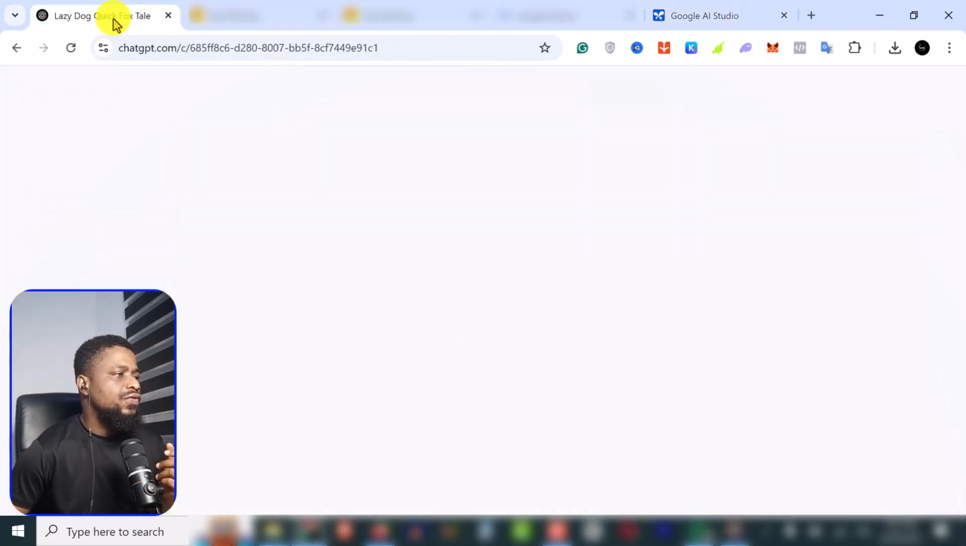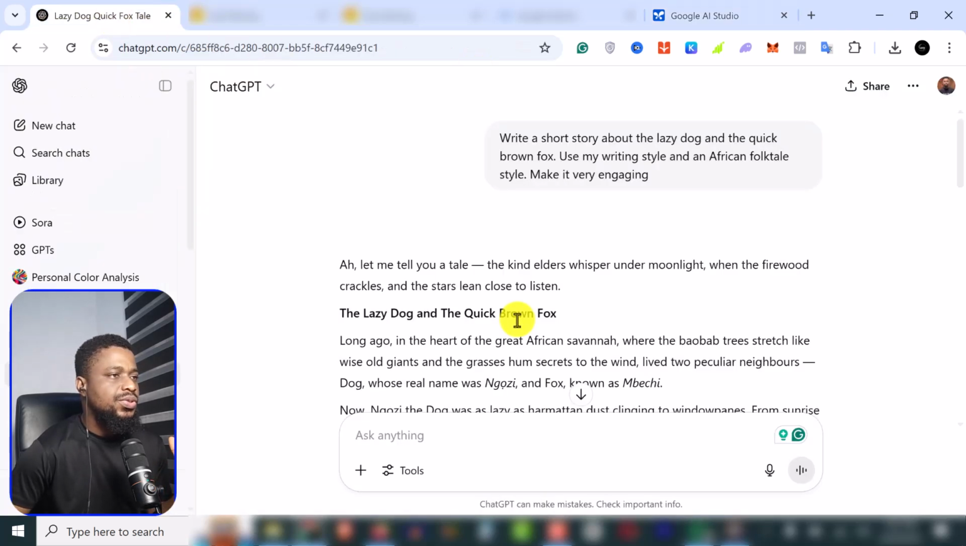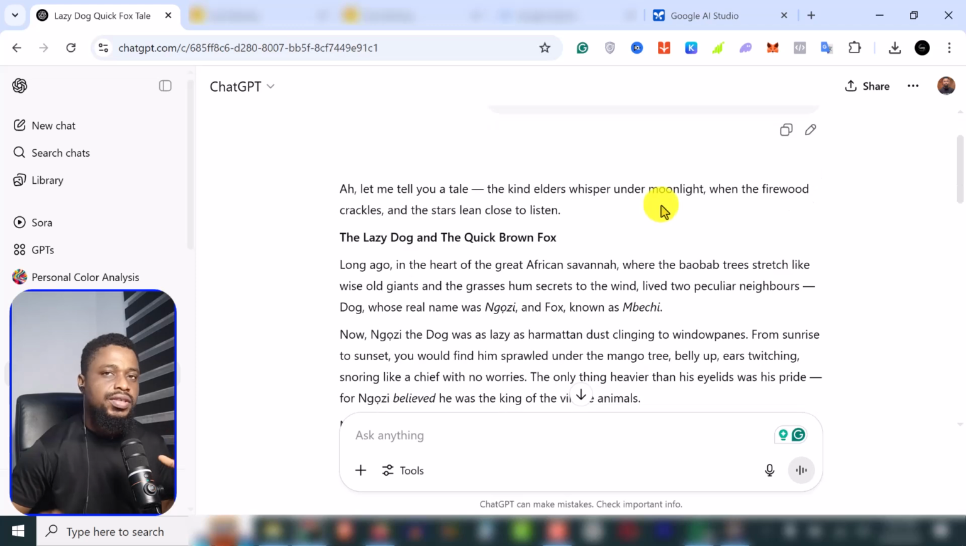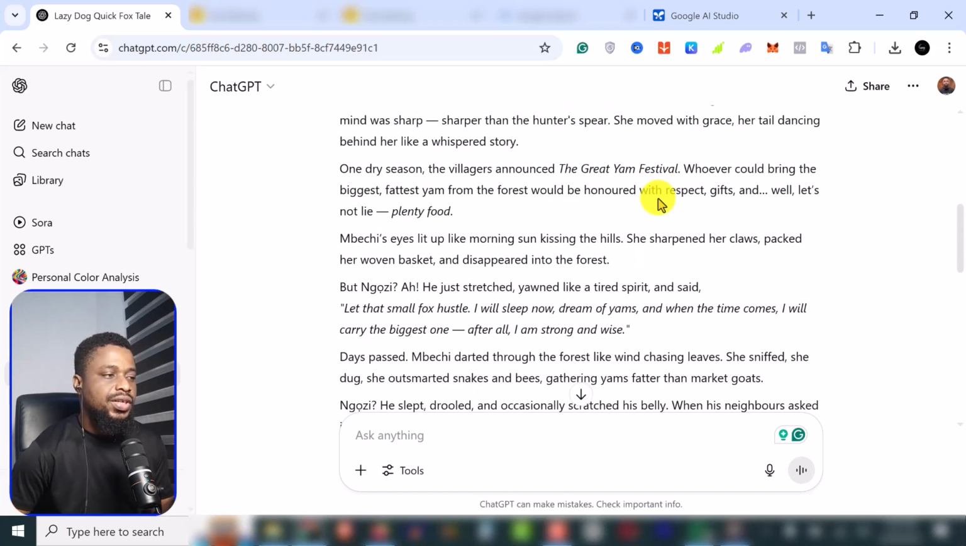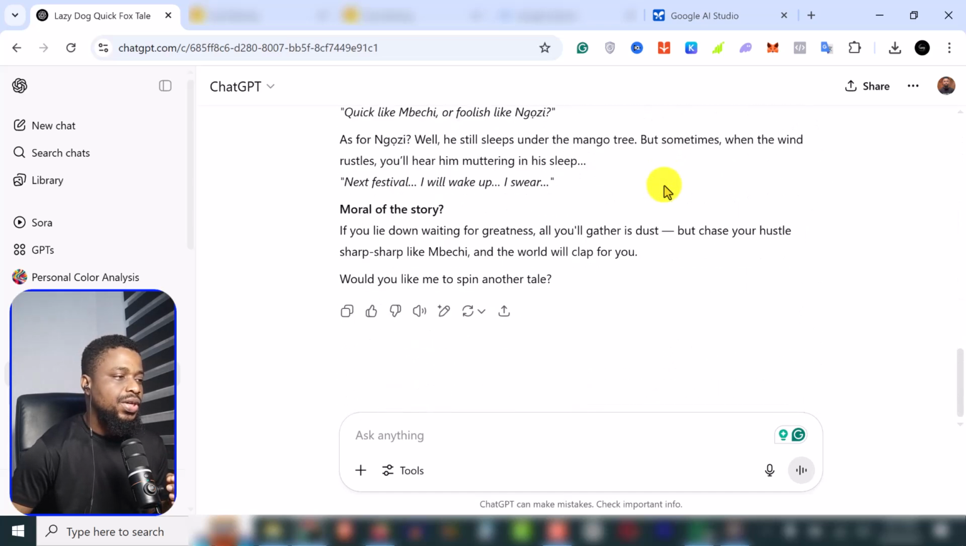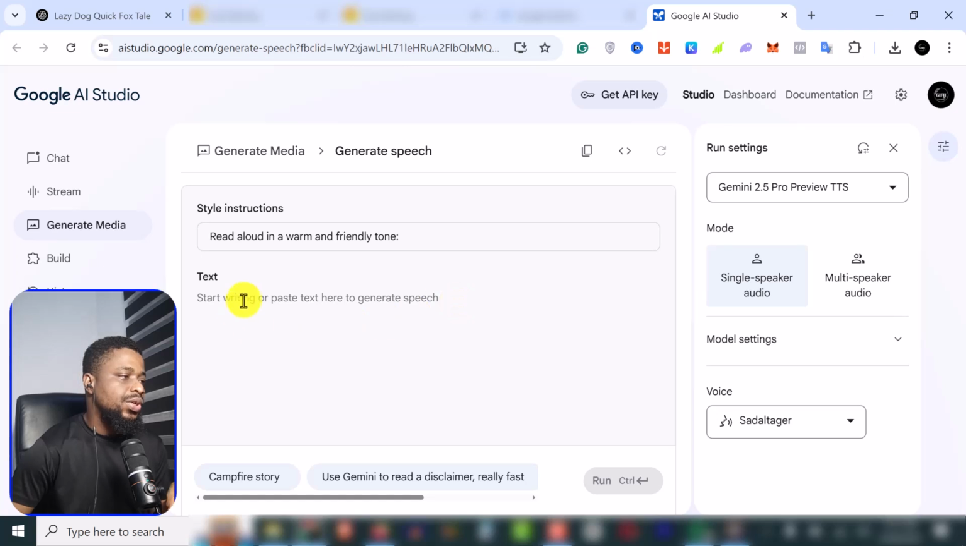So I came over to ChatGPT and then I told it to just write me a very short story about a lazy dog and a quick brown fox. So you should use the African folktale style. So this is supposed to be an African folktale storytelling kind. It generated this very interesting story for me, and all I have to do is copy this story, and then I want to come back to the Google AI Studio and I want to paste it right here